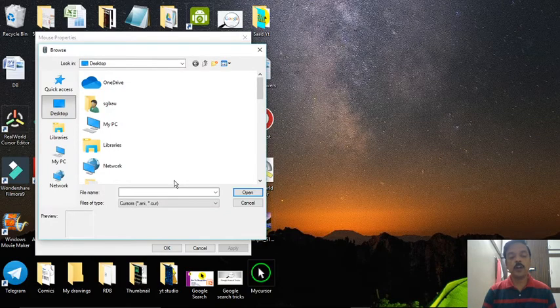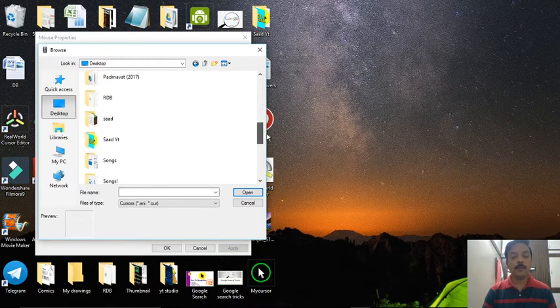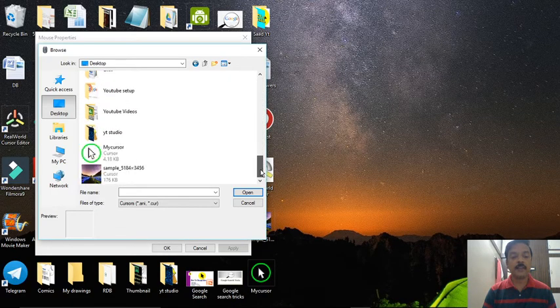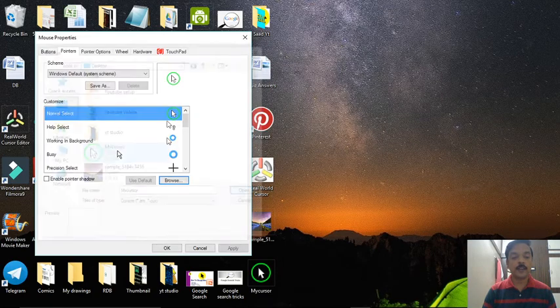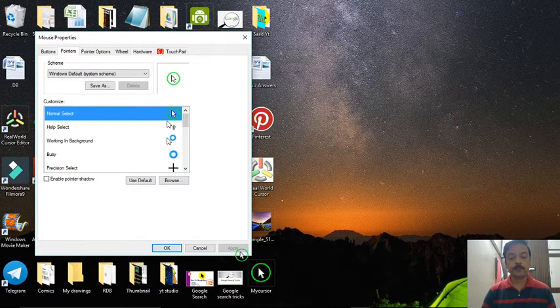The moment you click on browse, it asks from where to choose the file. So, of course, from the desktop, and I have kept the name of that file as my cursor. So I'll choose this my cursor, and again I'll click on apply and OK.